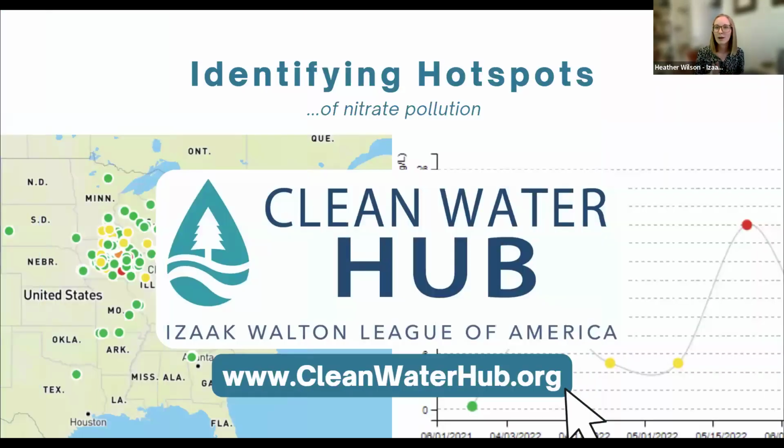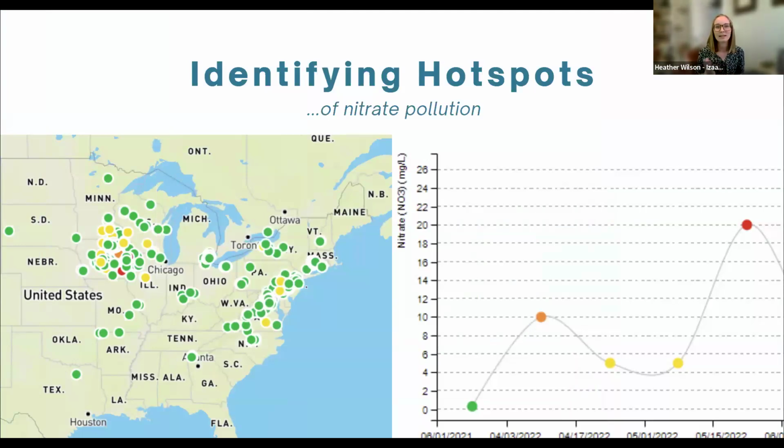All right, so when we talk about identifying hotspots, we're obviously talking about crowdsourced data, and that's coming from volunteers all across the country, and it's going to the Clean Water Hub database. This is, again, a free resource. Even if you're not submitting data, you can go on the Clean Water Hub and explore, see other people's data, see what's happening in your neck of the woods. And they're designed to be really easy to access and understand, and then ultimately use to communicate or just to increase your own understanding. So there's all these color-coded maps and graphs to really make the data make sense and be useful.